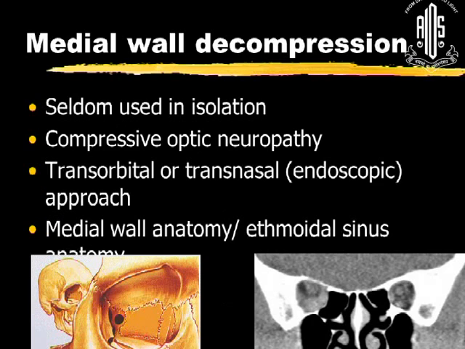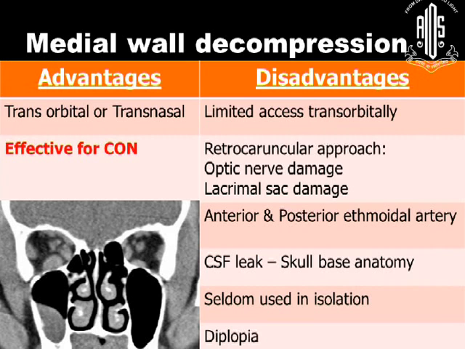So medial wall decompression is something where you want to get the optic nerve. You want to get a posterior medial wall. Decompression for compressive optic neuropathy is very different from decompressing for proptosis. For proptosis, you're aiming at a target at the equatorial zone, and for optic neuropathy, you're looking at the apex of the orbit, right? Exactly where you want to be. And this can be done either transconjunctivally or endoscopically as well, and it's very, very effective for compressive optic